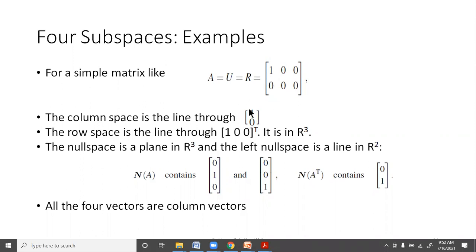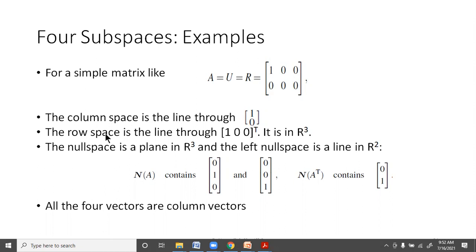So we write here only the independent column. Say if this was 1, 0, 0, 0, 0, 1, we should have written another one also over here, 0, 1. And then the column space would correspond to 1, 0 and 0, 1, and that might be a plane, because we have two different vectors. Here we have a single vector. That's why it corresponds to just a line.